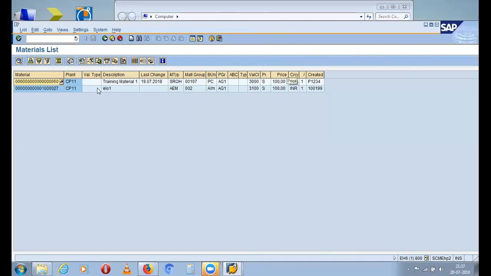Right side, the Created column. Okay, so 100199 is your username, right? Yes. So the Created column will display the user who has created that.